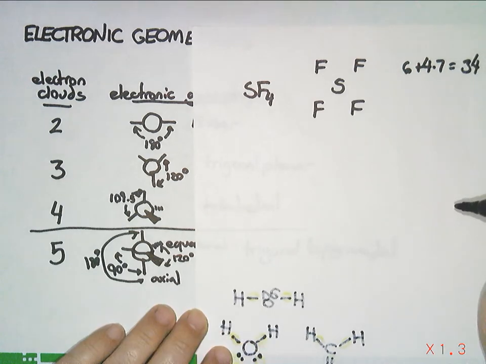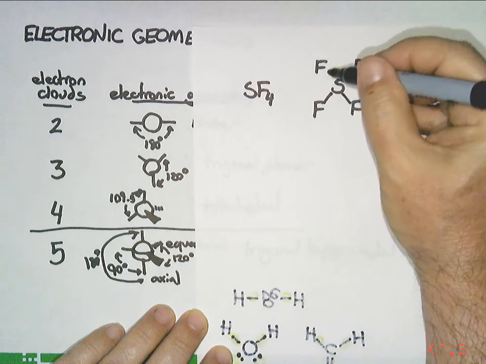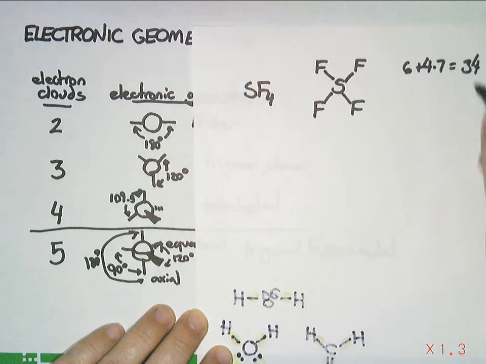Okay, so step 3, connect the structure. That took away how many? Each stick I draw counts for 2 electrons, so I took away 8. So I have 26 left. Now, the next step is